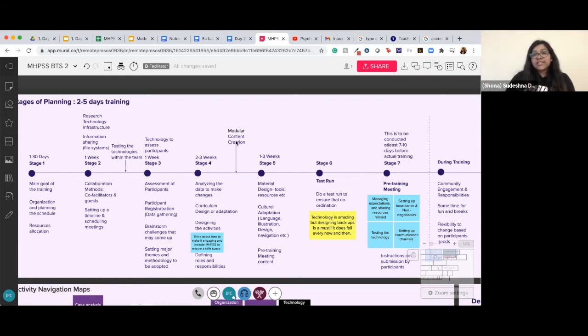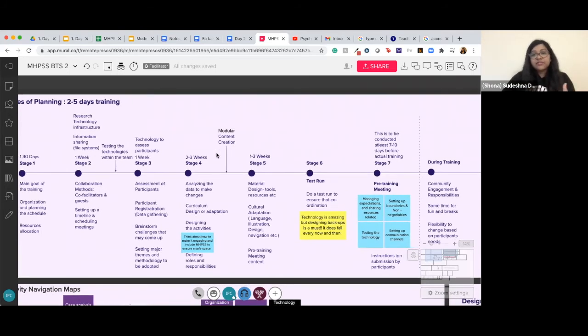And one thing that I would definitely advise at this point when you're creating the training is to have a modular content creation approach. So you take a module and you can plug it in on the next day directly. You can use project management software for this, or a different method. But the idea is that it shouldn't be pages and pages in a document, because then you can't plug it in. It could even be an Excel sheet. You just have the description and you know how to change the schedules of the training itself.